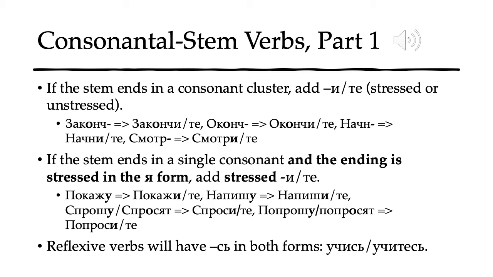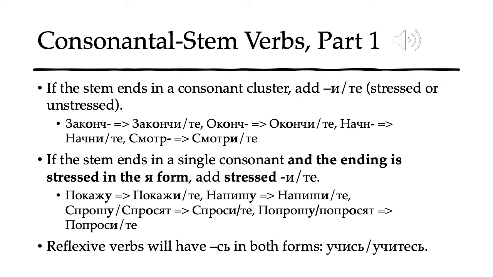So that was vowel stem verbs. Vowel stem verbs are the most common and the simplest type of verbs to deal with. So many verbs are going to have that kind of imperative, like знай, читай, сделай, изучай, получай, and so on and so forth. So that's very easy. So if you have any doubts, you can always just do that and you're more likely than not to be